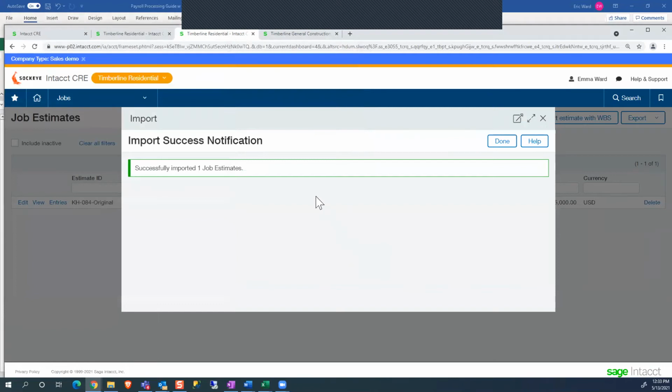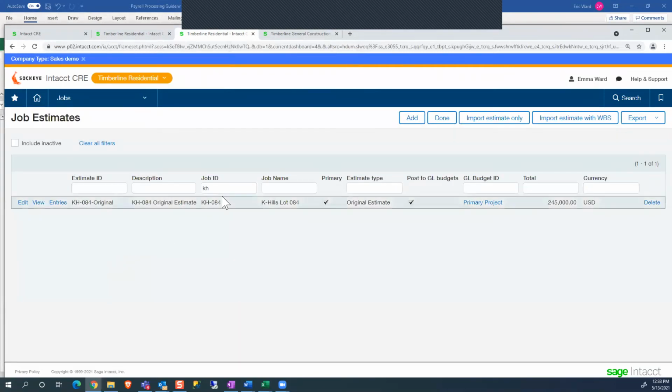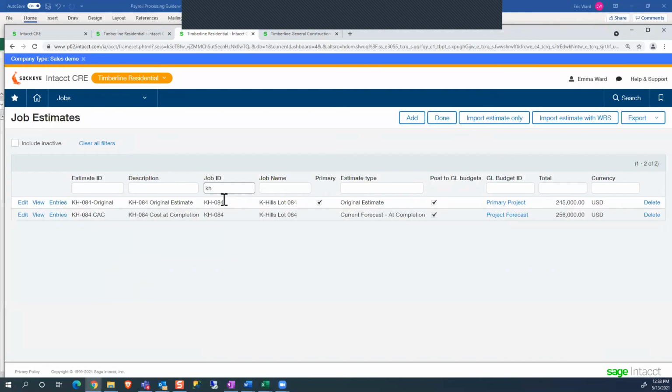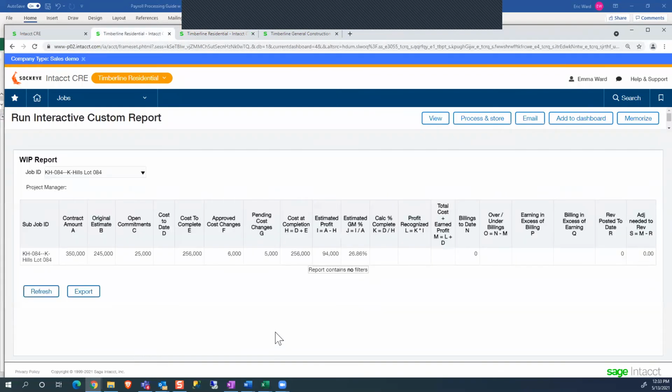So if you have an estimating system, maybe you're using Sage Estimating, you could have that system already calculate or integrate directly to Intacct, and then populate here with your estimate, either original or, if you're keeping those things up for your forecasts. All right, now that I have that information imported, I'm going to go back to my WIP report and refresh that. You'll see as we're building this data, it is building our WIP report out.